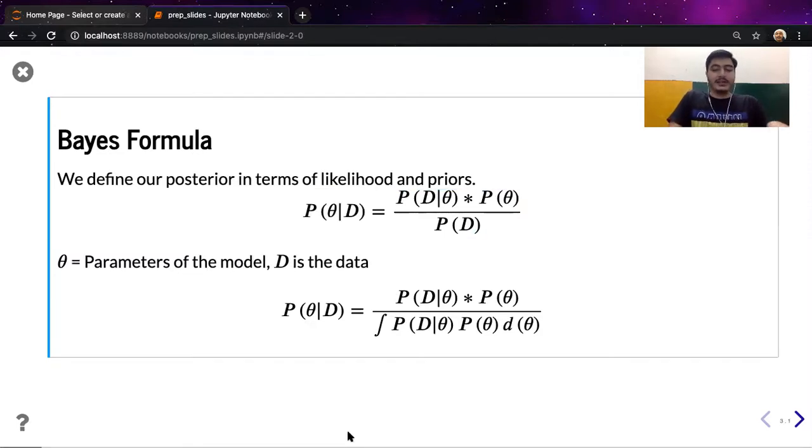Bayes' theorem helps in connecting the posterior term in terms of likelihood and priors, but it's not quite easy to compute the posterior term because of this devil denominator. The probability of data here is computed by marginalizing out the effect of all the parameters, which is intractable most of the time. So this intractability of the denominator actually makes the posterior intractable. That's why we resort to MCMC algorithms or variational inference approaches.